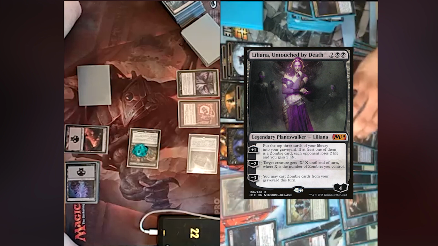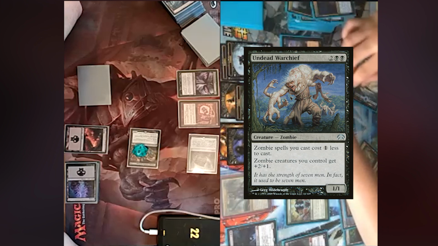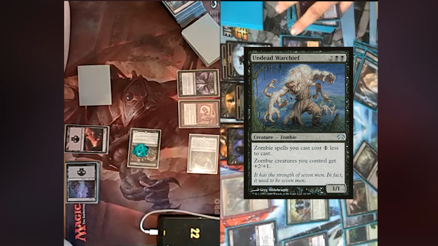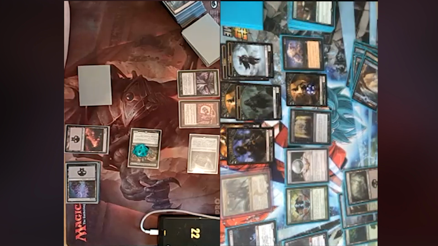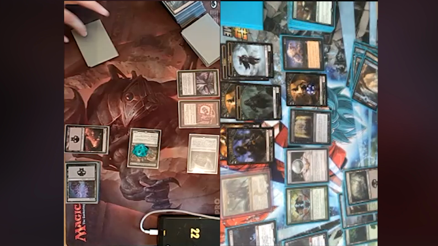And for 4 more mana, I'm gonna cast Undead War Chief, which gives all my zombies +2/+1. Oh, lovely. I don't know if I want to cast anything else though. Maybe I could. I mean, I don't think it's gonna matter that much, but yeah, I've got no creatures to block with. 1 mana left open. Yeah, I mean, let's